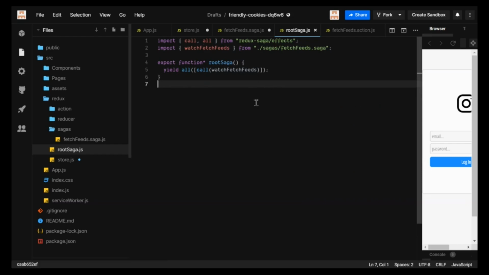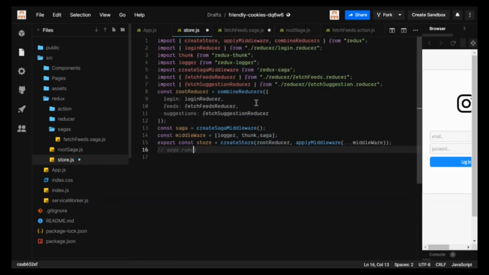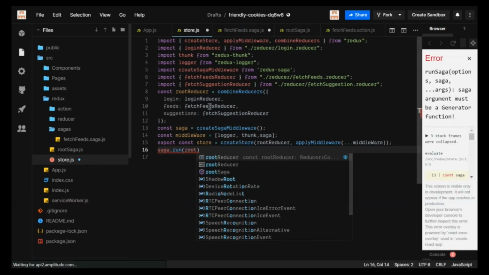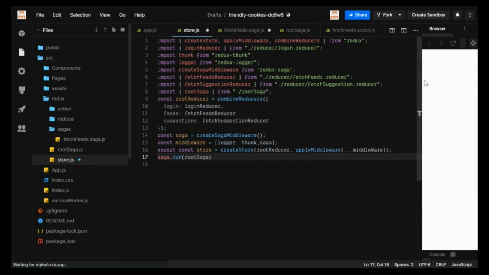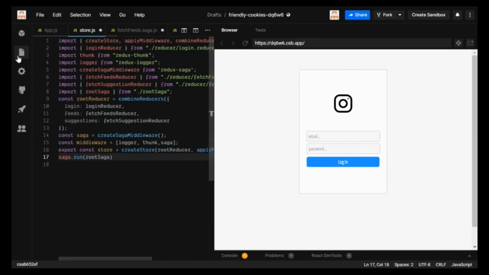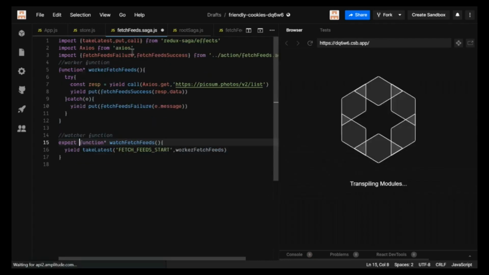Now we have done this part. Now we're gonna need store.js. In our store.js we're gonna uncomment this code, and we're gonna use this rootSaga in here, and that's it. Yeah, we have used it. We haven't dispatched the function yet, but we have done most of the part. We only need